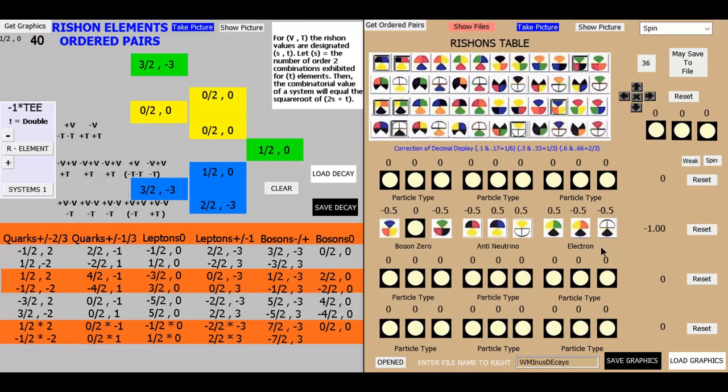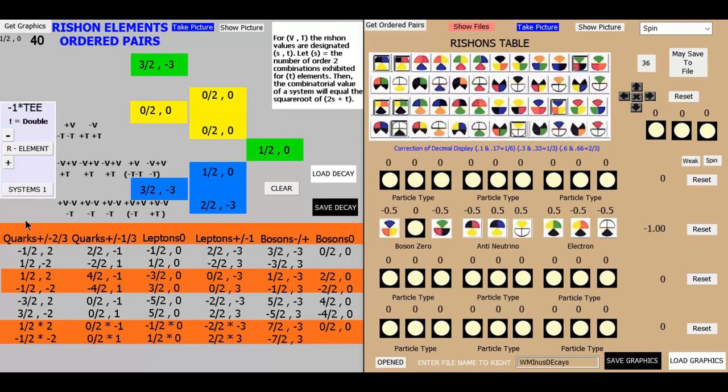In the next video, we will investigate the quanta of these compositions to see if they will correspond exactly with the quanta of the anti-neutrino and electron in the standard model. But let's briefly take a look at